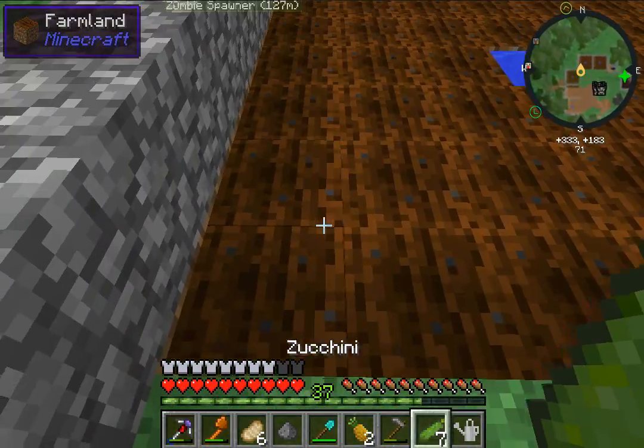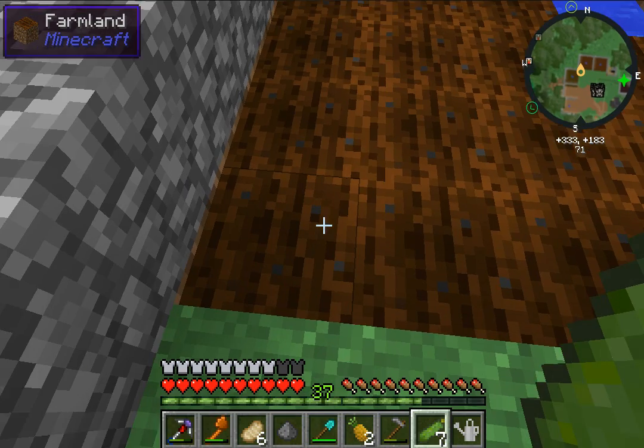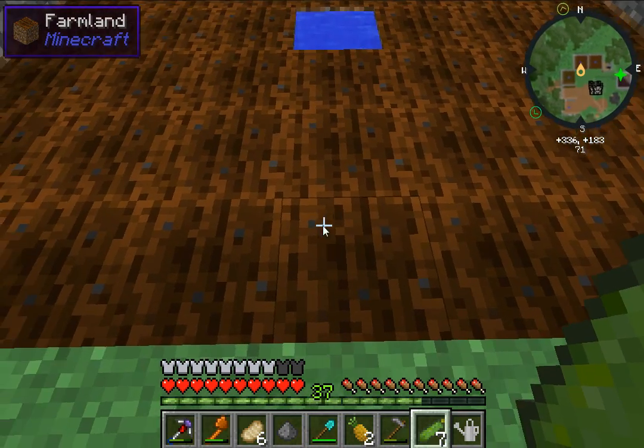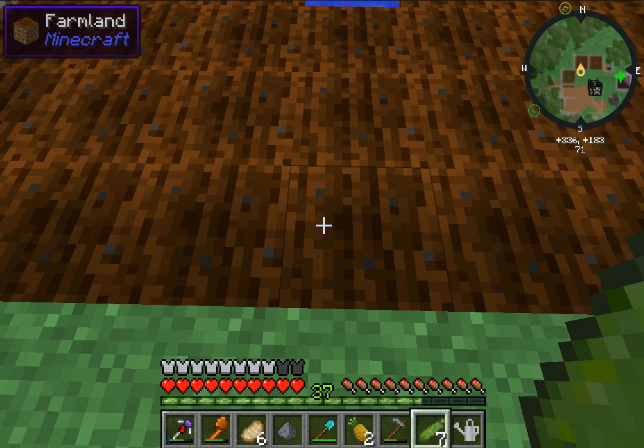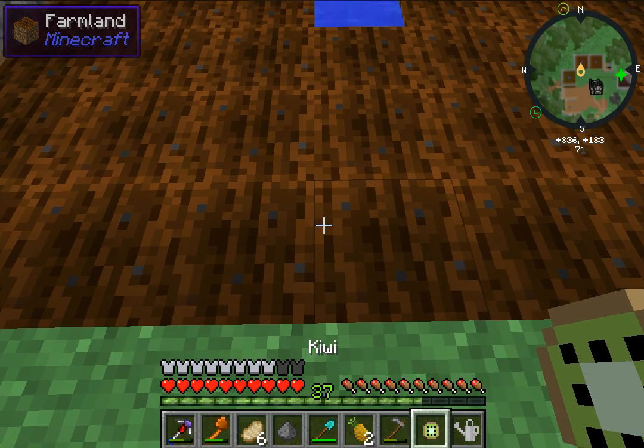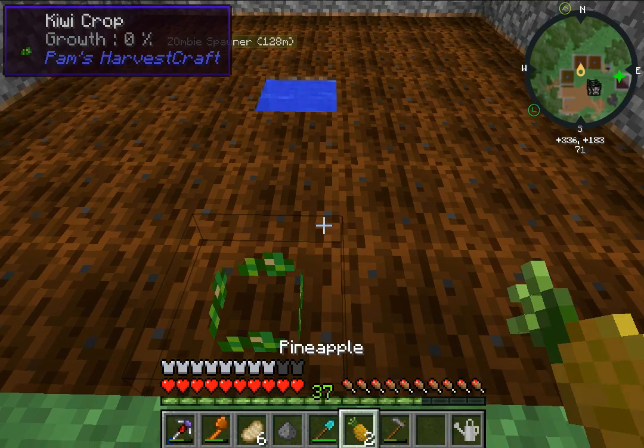So what we're going to do is we're going to do zucchini next. So we'll do, one thing about doing zucchini and kiwi. Well, I don't know if I can plant kiwi. I haven't tried it yet. Yeah, we can plant kiwi. And then